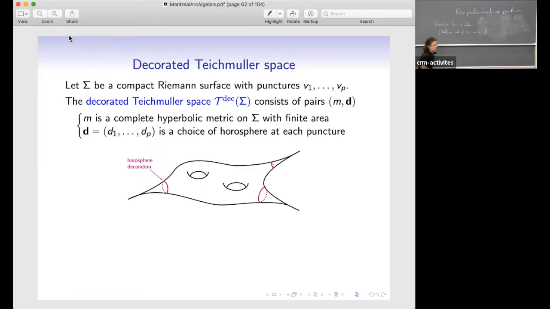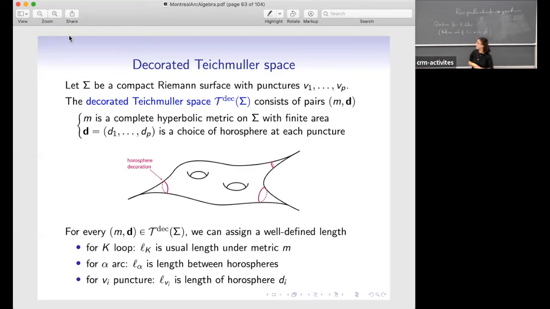And why is this good? Well, this is good because now if I have something that stays in this middle part, so it's a loop, then I can compute length just like I did before. But now if I have an arc that winds around, that goes from puncture to puncture, I can chop it off here and also have a length of